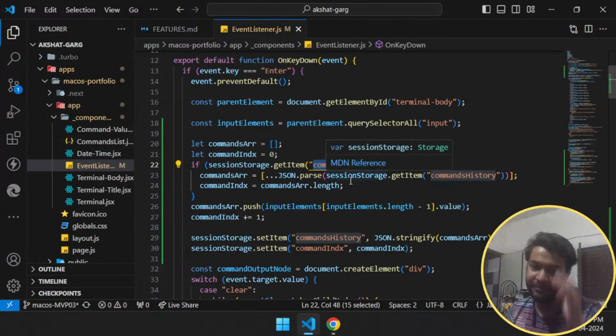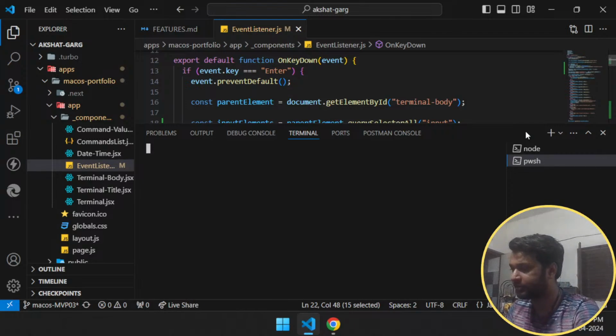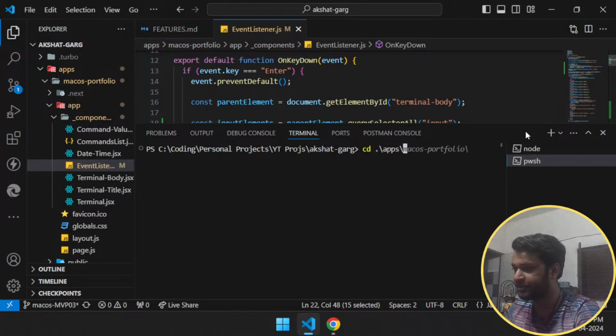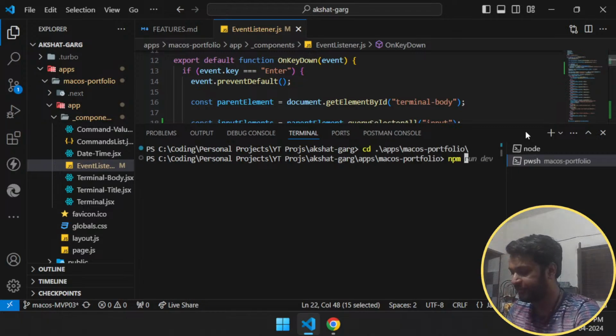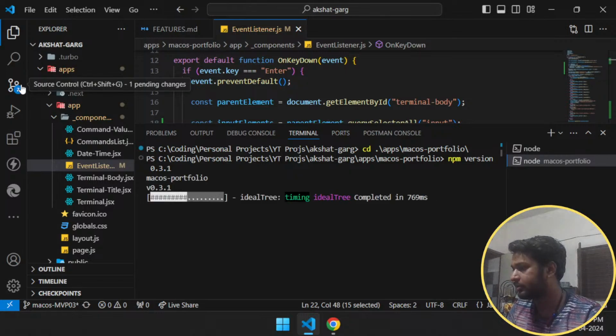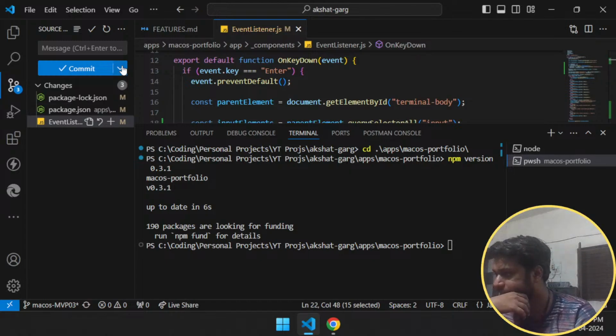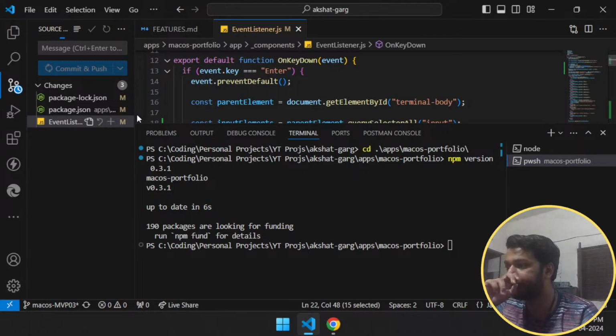Yeah, I forgot to do the npm version. Okay, never mind. Let's do it now. cd at macros portfolio, npm version 0.3, because it's the third feature and its first release. Hmm. So commit and push quickly